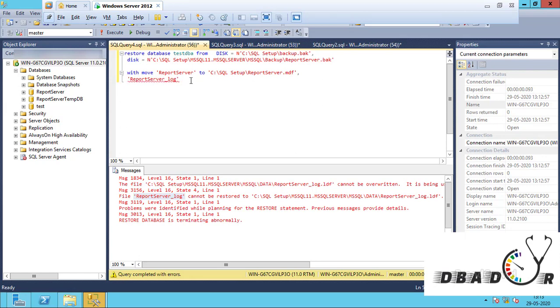What we are doing, we are moving the file to a different location, because we have taken the backup in the same location. Okay, same server we have taken, and we are restoring in the same server. So that time that file is already present in the same location, so we need to keep the backup of this file in a different location, then only it will work. Okay.